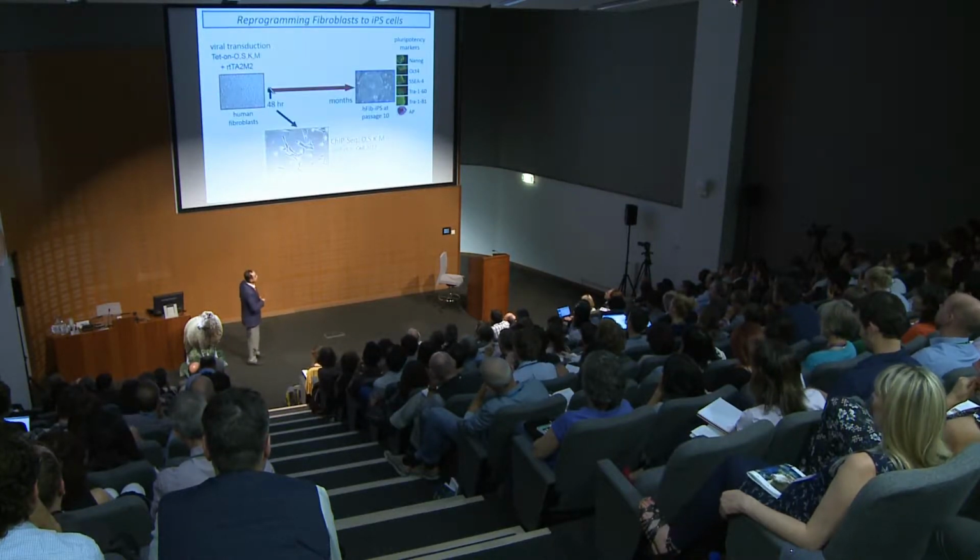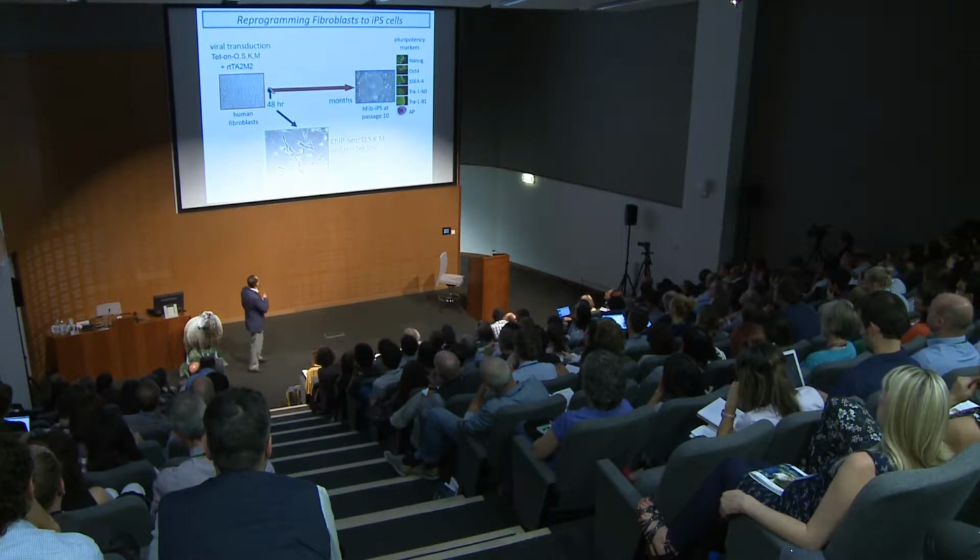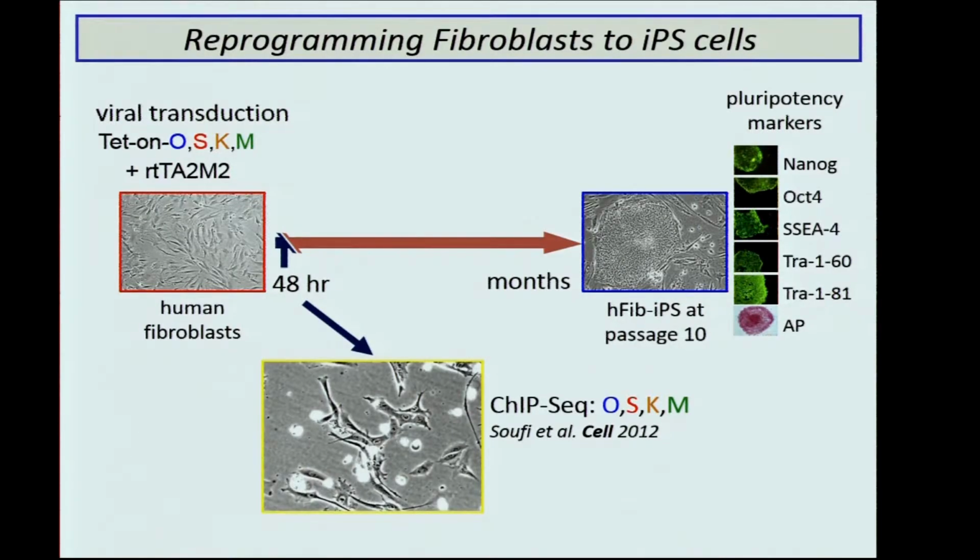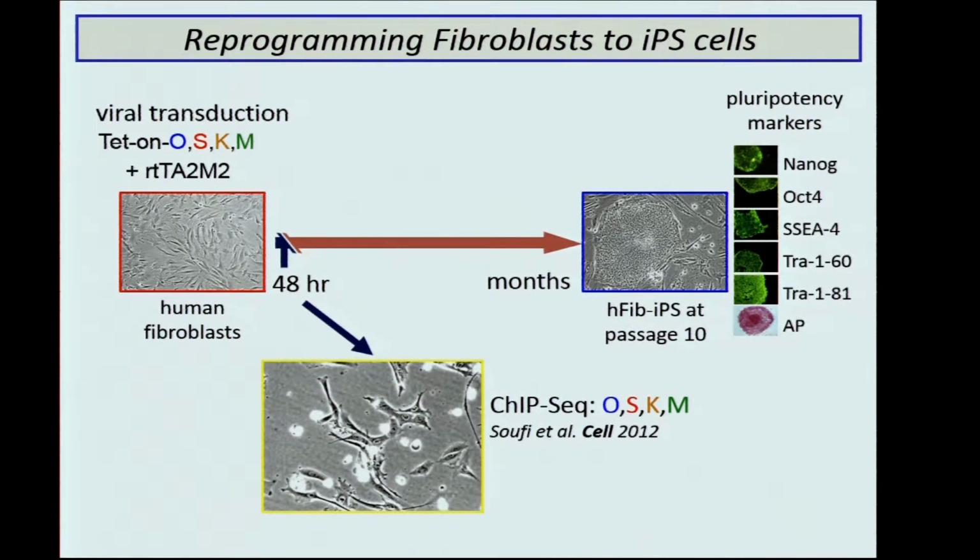In order to address this question, the first experiment we did was a standard reprogramming experiment as described by Yamanaka, which takes human fibroblasts and infects them with viruses that encode the 4 transcription factors OSKM, and then waits for 48 hours, when the maximum amount of protein is ectopically induced and before transitioning these cells into ES culture conditions, so they haven't received any signal from the ES culture conditions. We did ChIP-seq on all of the factors to map where these factors interact with the genome.